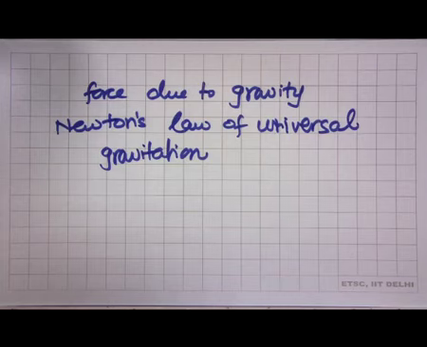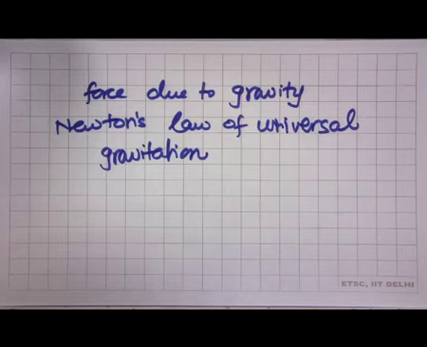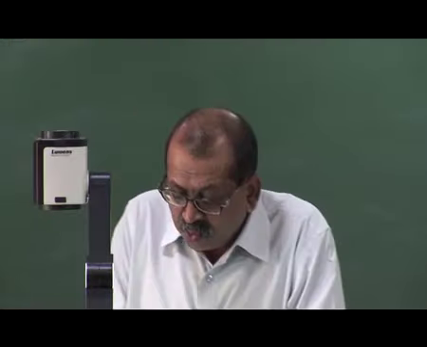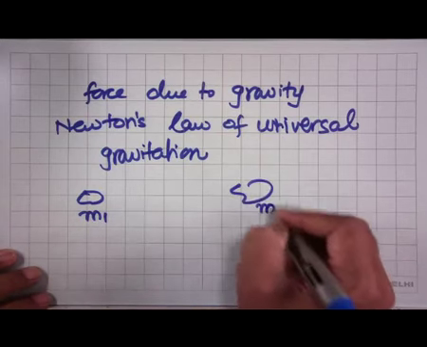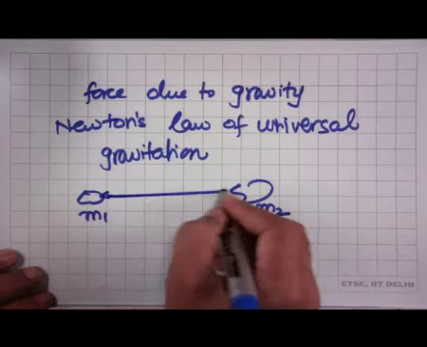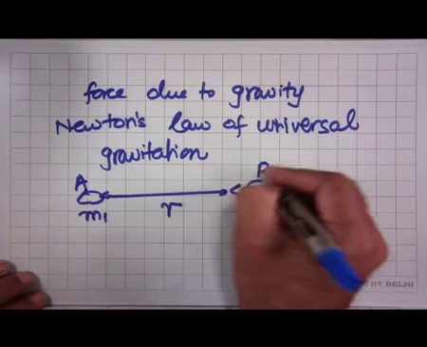We say universal because it acts between any two masses. So, what this law says is, if we have a mass m1 and a mass m2 and they are separated by a distance r, then let us say this is body A, this is body B,